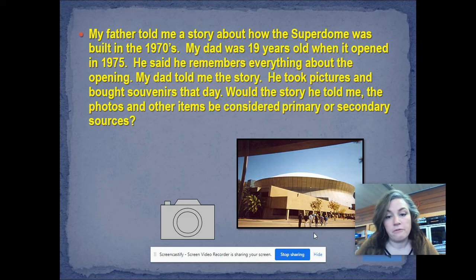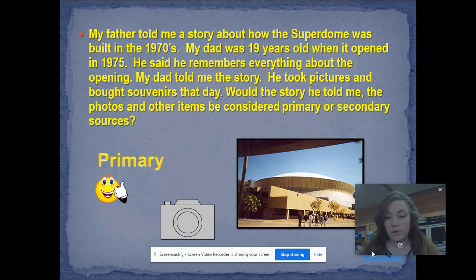So think about that one. He was there that day. He took pictures and bought souvenirs. Those things would be primary. Okay, nice job. All right, question number